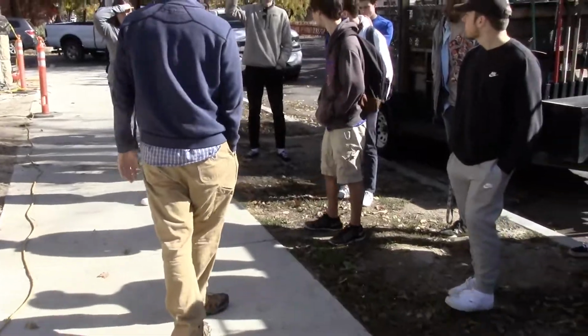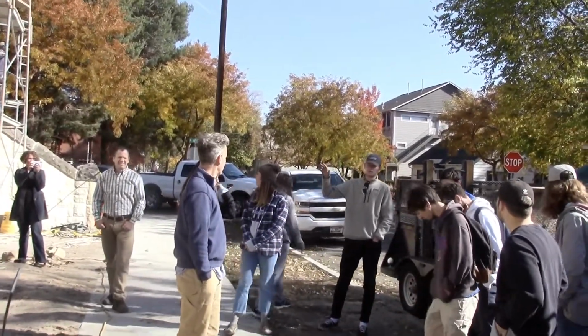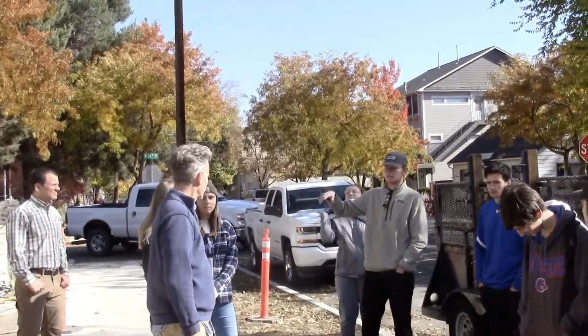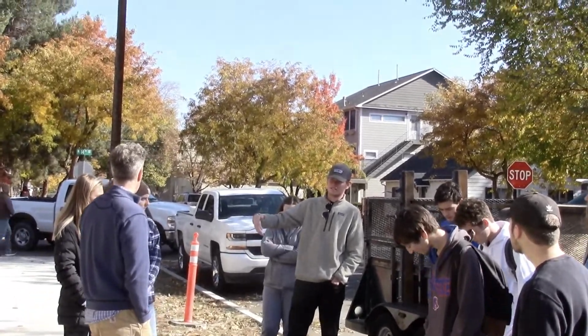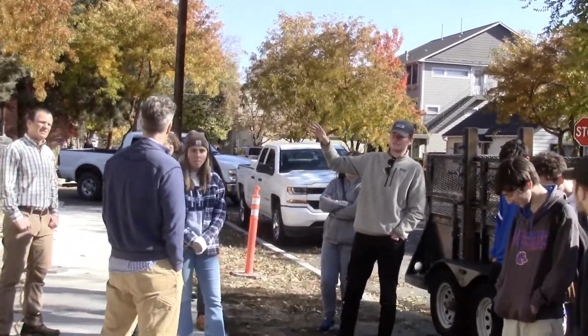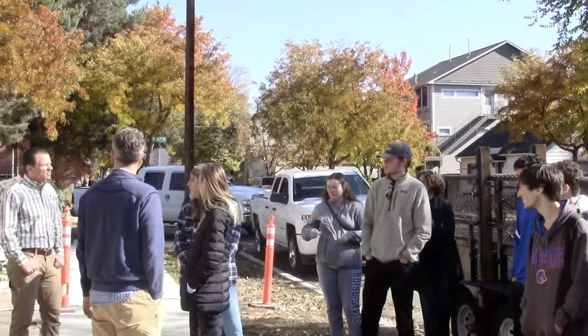So I know earlier we were talking about environmental architecture and how this is one of the most environmentally sound buildings in all of the North End. With Boise's population growth, are we seeing more and more environmentally safe architecture, or is this kind of secluded because it was just a special project? I think we could do a lot better as a city, and